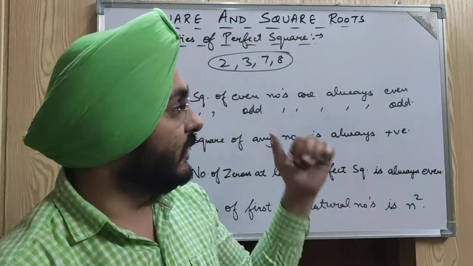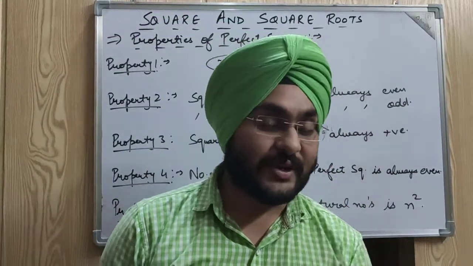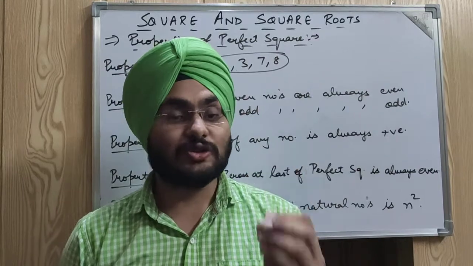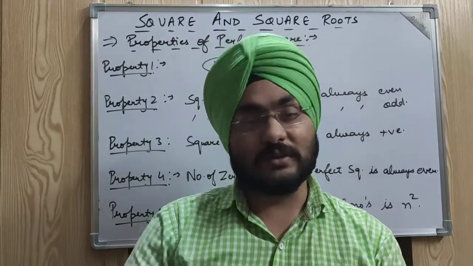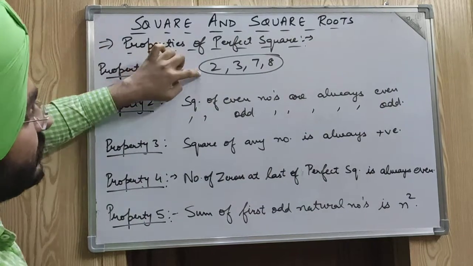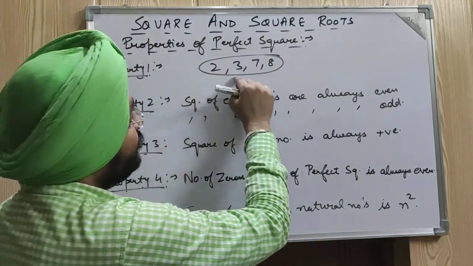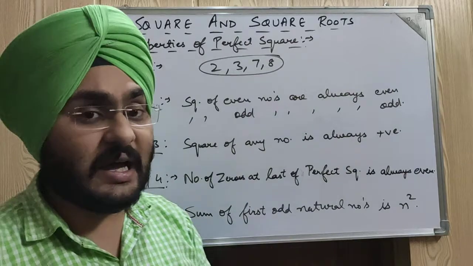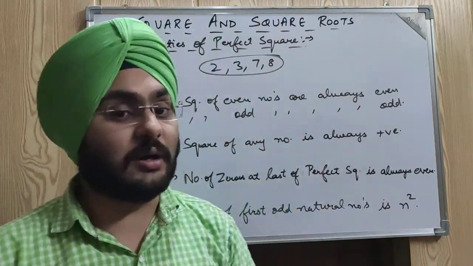Now in this video we'll be discussing the properties of square numbers, or properties of perfect squares. Our first property is this. I've written here four numbers: 2, 3, 7 and 8. If you have a perfect square,